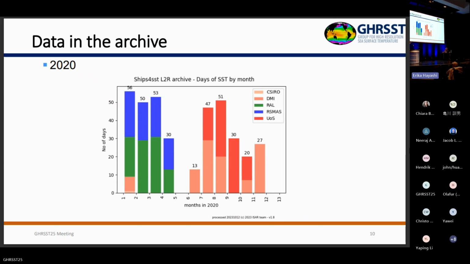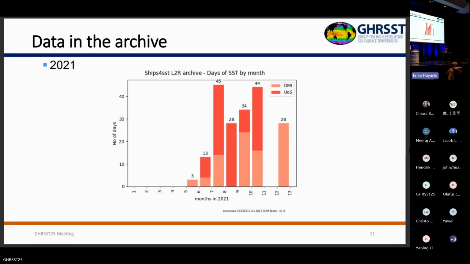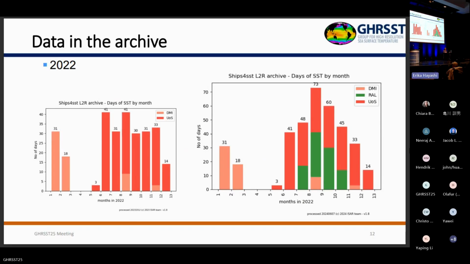And if you look at it in monthly plots over time, so that was 2020. You can see the impact of COVID there in the middle and dropping out some of the data. 2021, great, but we recovered. Mainly, as I said, ISO data in European waters. And then this is where we're recovering data now slowly. 2022, that's how we started on the left here